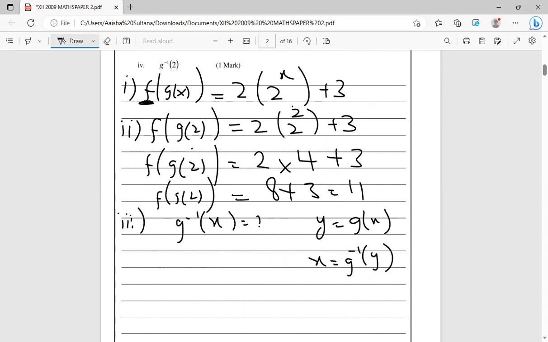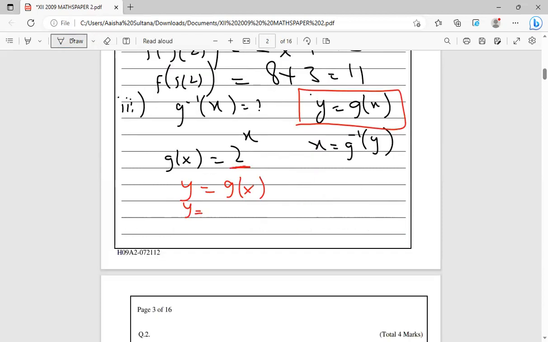Now, we know that g of x is equal to 2 having power x. It means that we can put in this equation: y is equal to g of x, whose value is 2 having power x. Like we will write this one. And in the very next step, y is equal to 2 having power